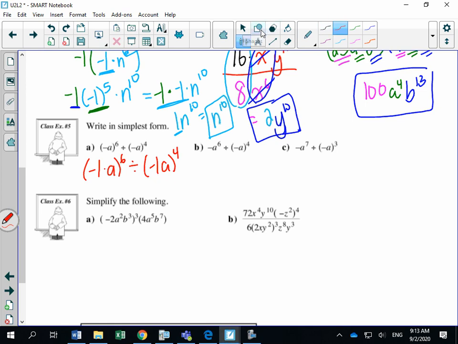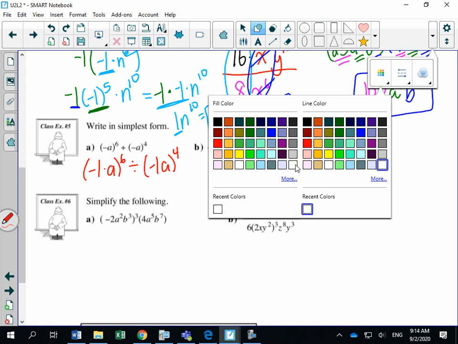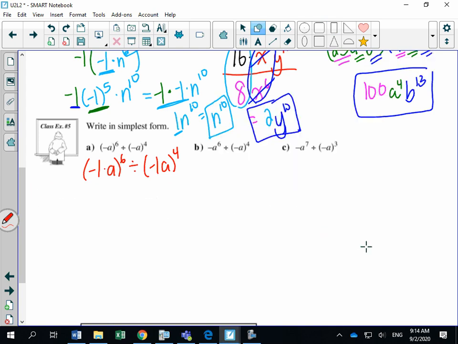I just need more room to write, so I'm just going to give myself more room, and then I'll bring that back after. Okay, so let's rewrite this